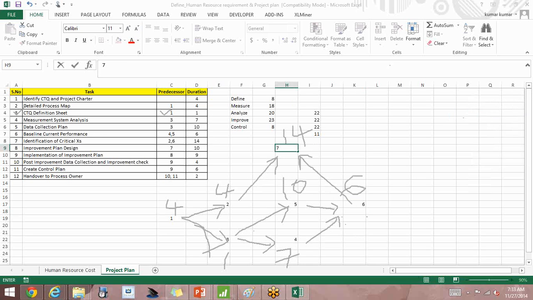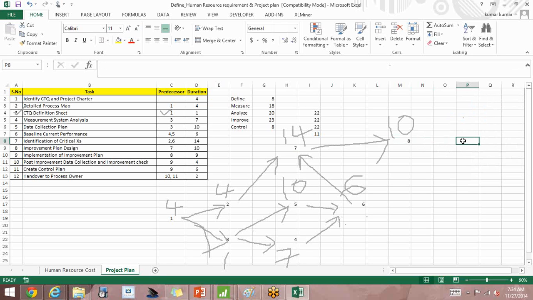Then comes step 8. Step 8 has a connection with step 7. So let me put step 8 somewhere here. Step 8 has connection from step 7 and it takes 10 days. Then we have 8 to 9.